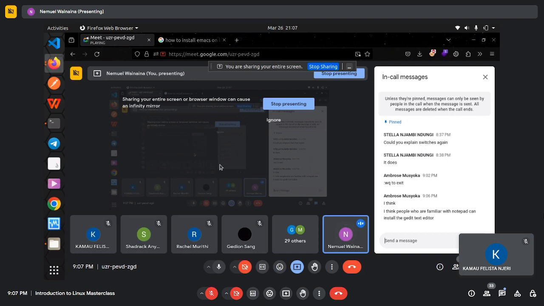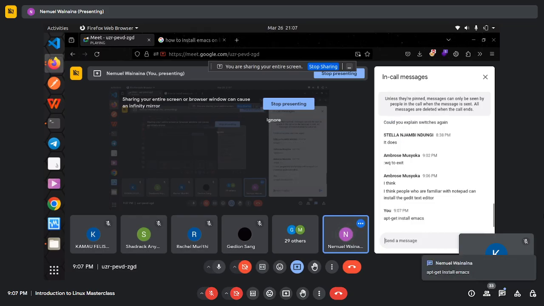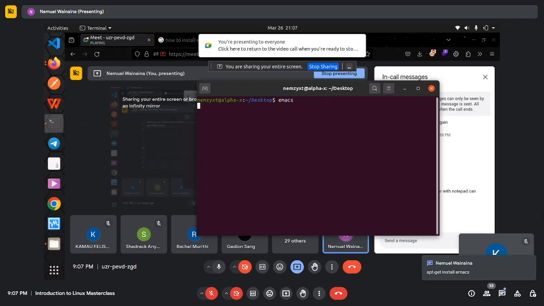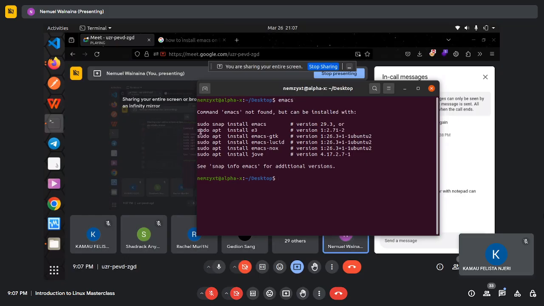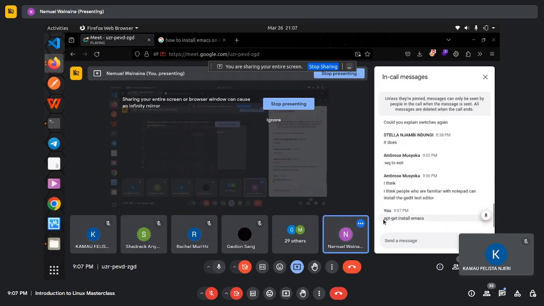So just for your sake, to install any package or application via the command line, you just type in apt-get install, followed by the name. So for instance, Emacs. As you can see right here, when I typed Emacs and the system noticed I do not have it installed, it gave me a list of commands that I can use to install it. So that is how you install it. You can just type in apt-get install emacs. Nano comes by default with your Linux distribution. Things like Vim, I'm not sure if they come by default, but of course, if you don't have it, you can just type in